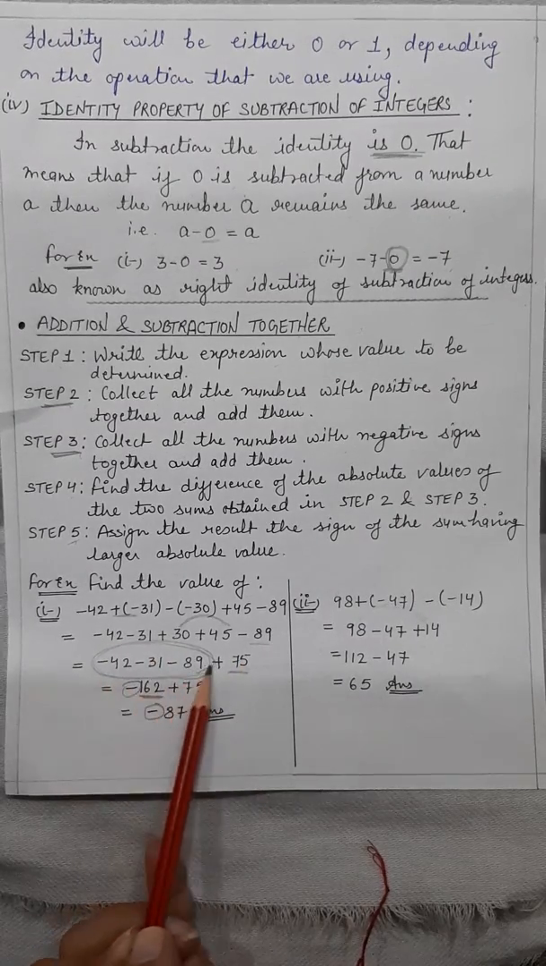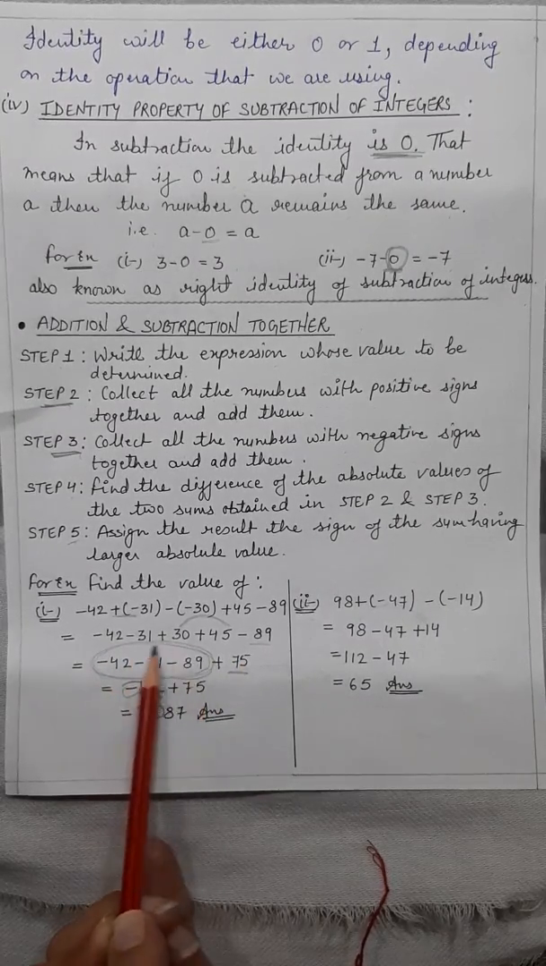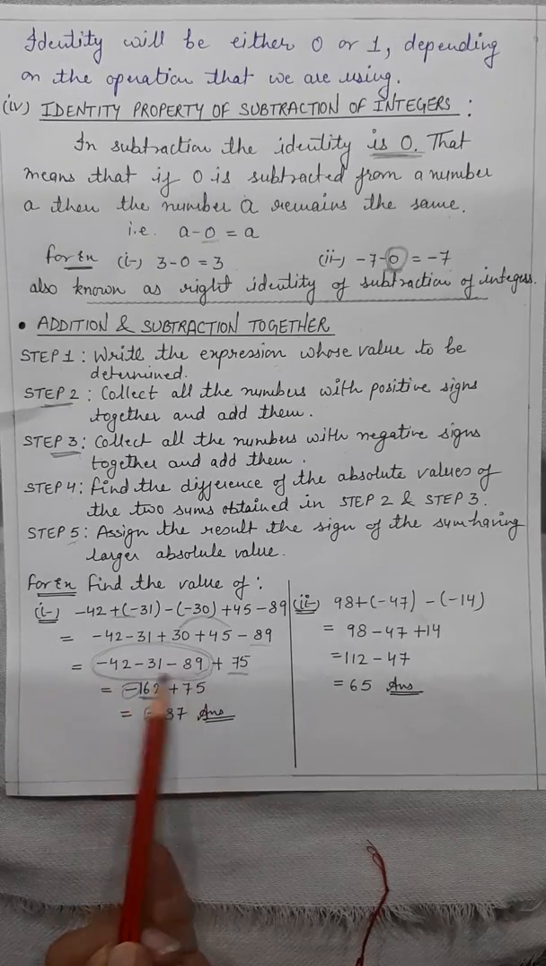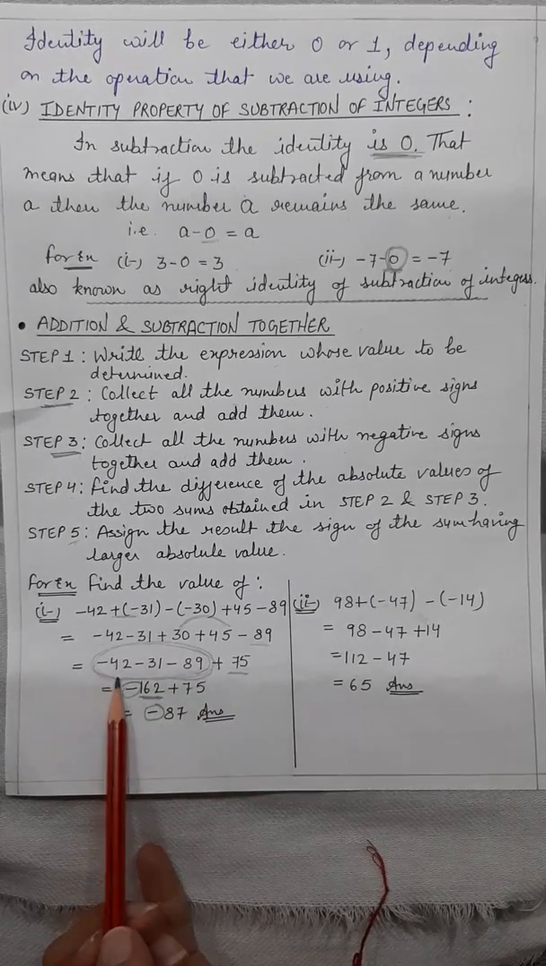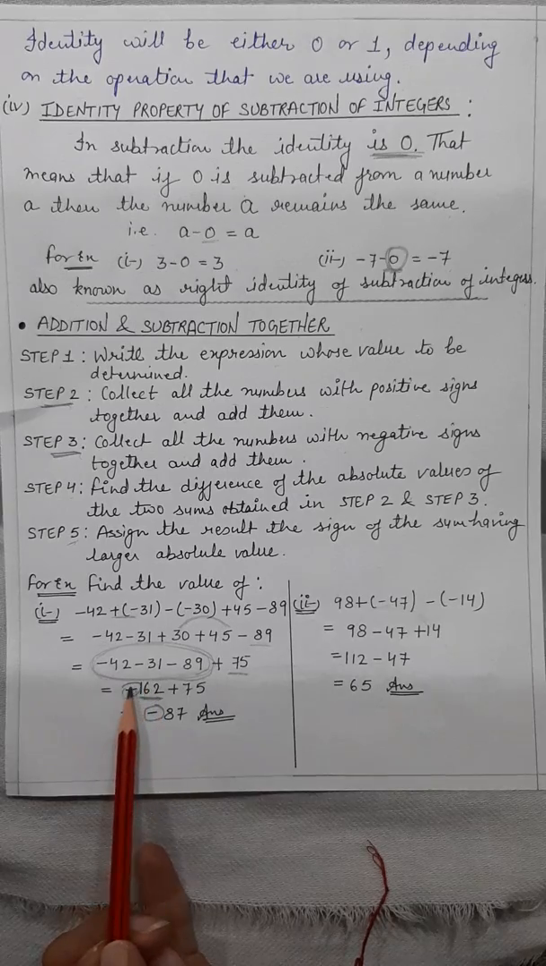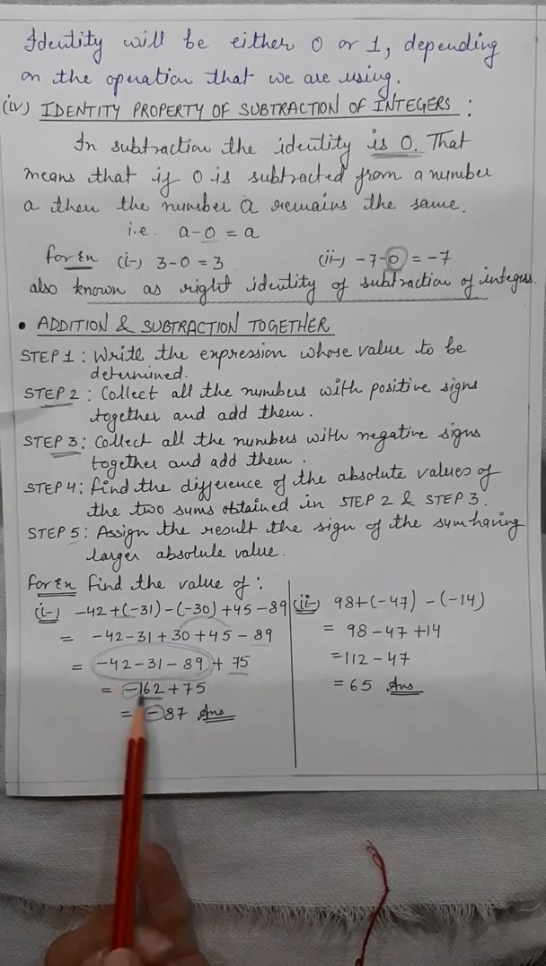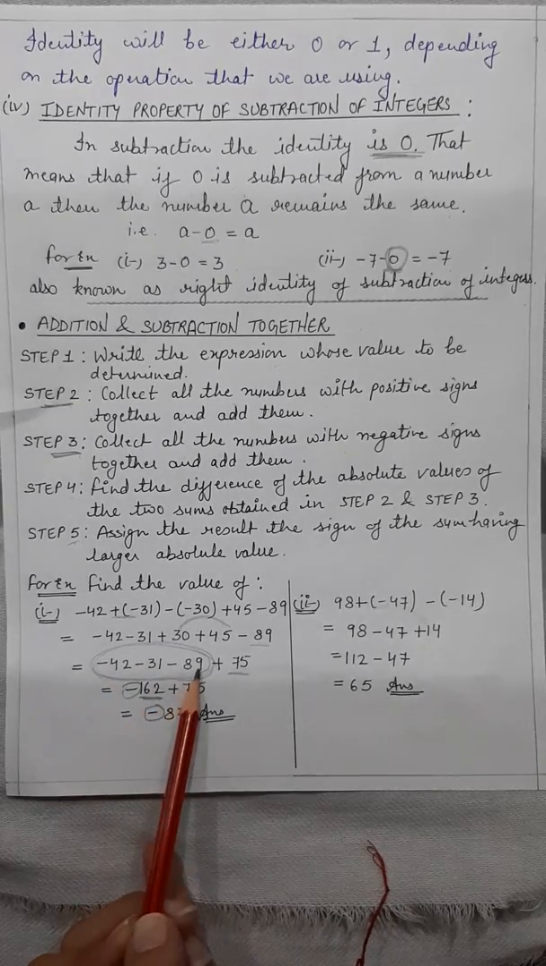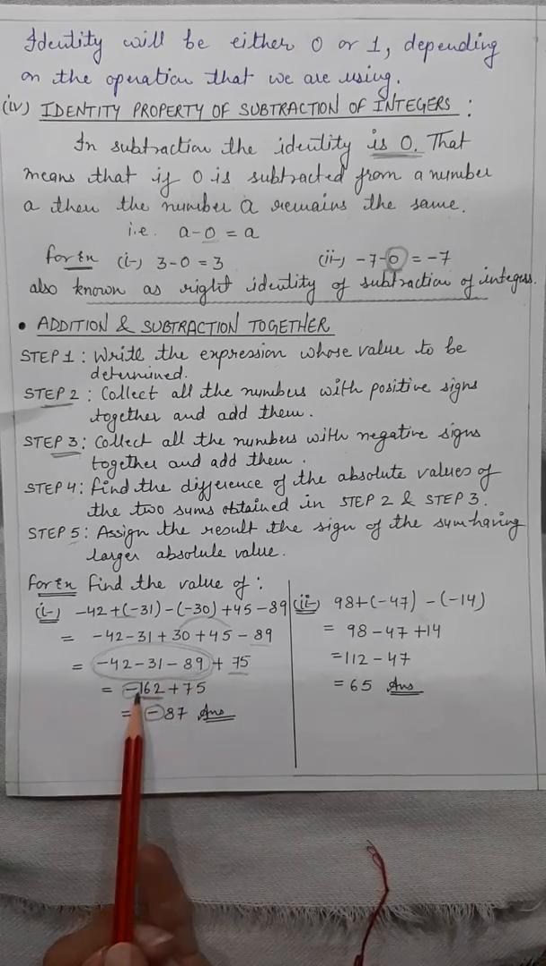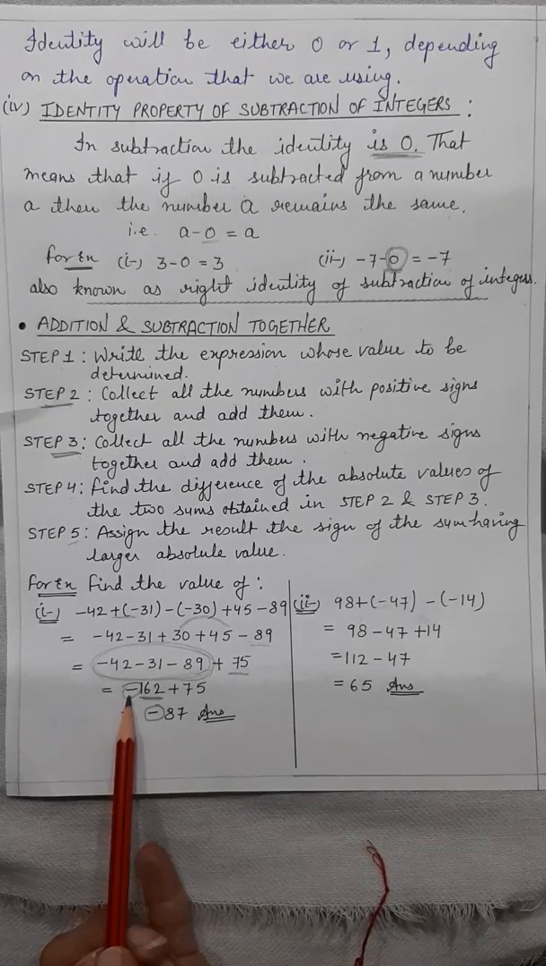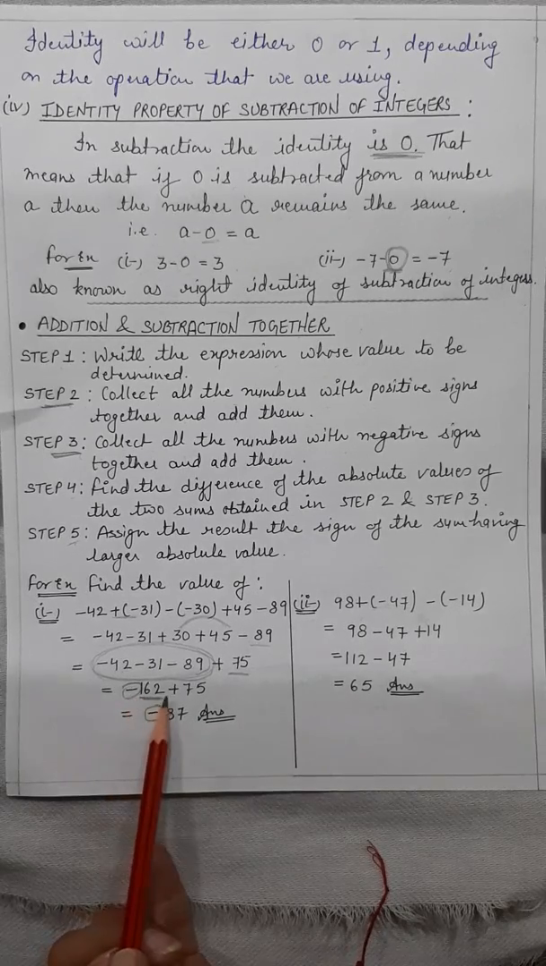Now you can see in this that all the integers are with the same sign, and with the same sign the operation should be addition. Now you have to add these three numbers. 162 will come, and assign the sign according to the greater number. 89 is greater, which is negative, so the sign will be negative. Now minus 162 plus 75,